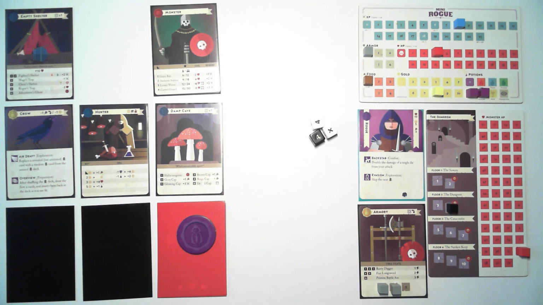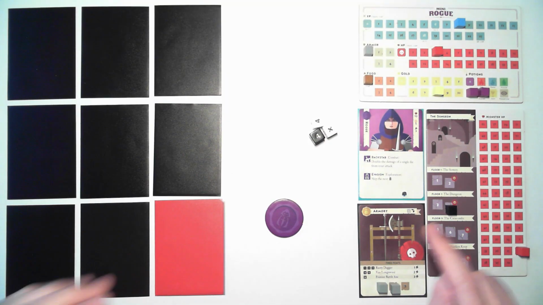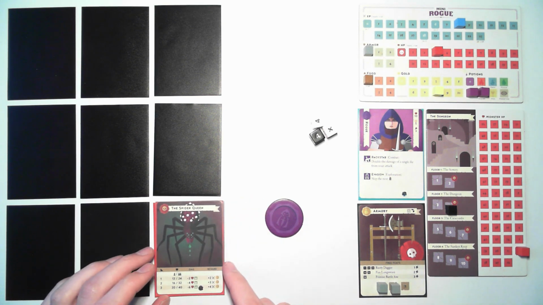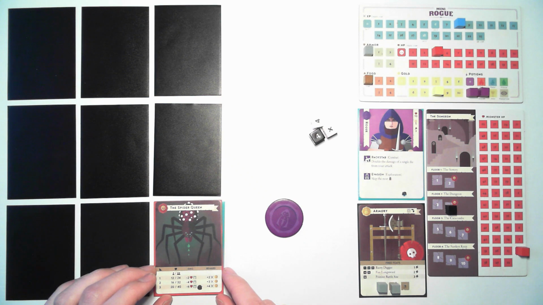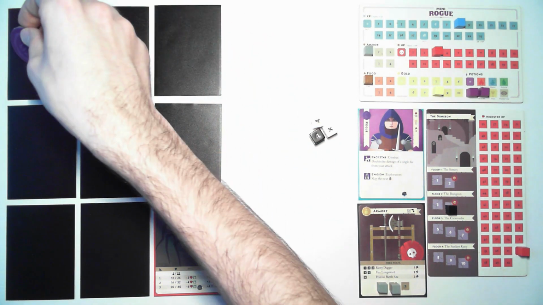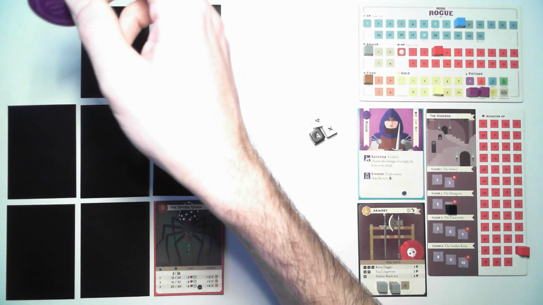I'll reset the board and see if we can make it any further because we're almost dead. Down in area number 4, again this is one with the boss at the end, so we're going to be facing the Spider Queen, which poisons us if it hits us. And our first room is